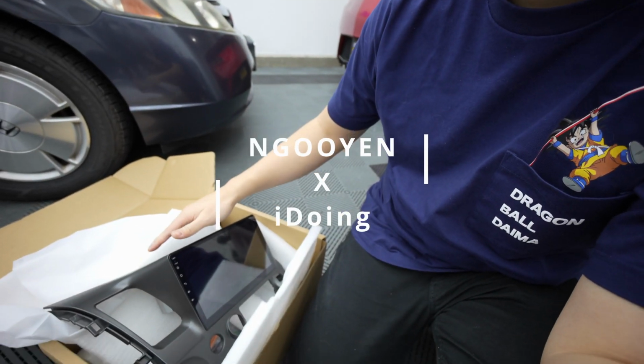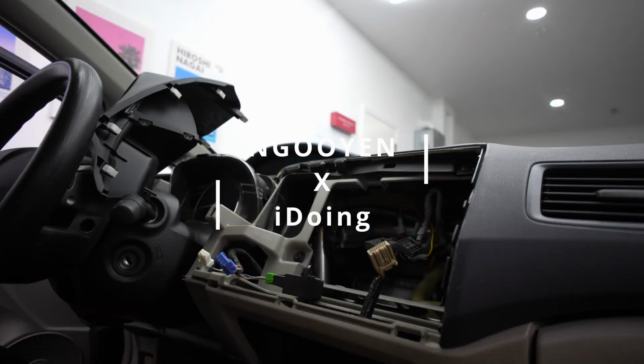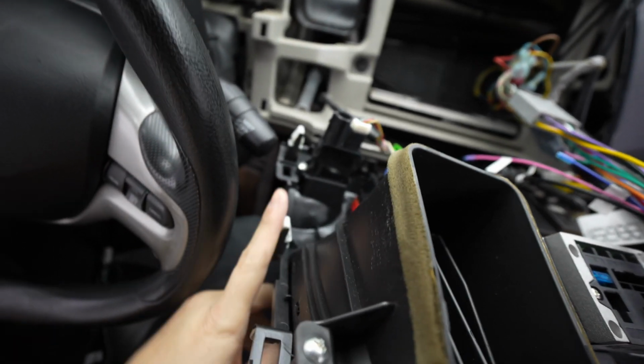Now this is the iDoing head unit. We have the adapter that was in this small little bag. So I got all those white clips transferred over, and now